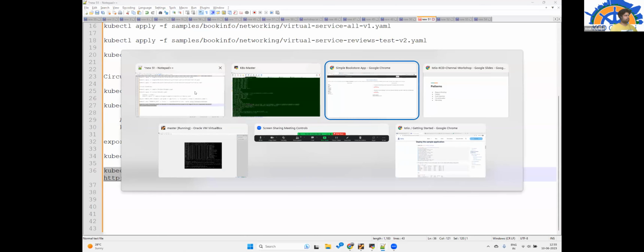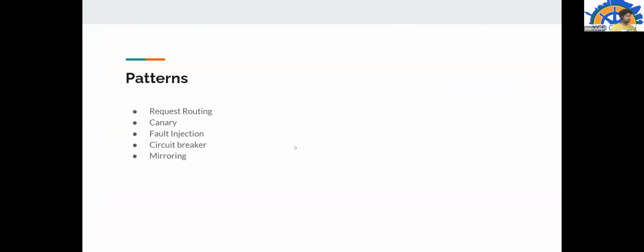Now I think I have explained most of the patterns. Mirroring is one pattern which is missing. This is a special case where you define a virtual service wherein all the traffic coming to a particular microservice can also be copied and sent to a different microservice. This is especially helpful in a production environment where you want to debug a flow.